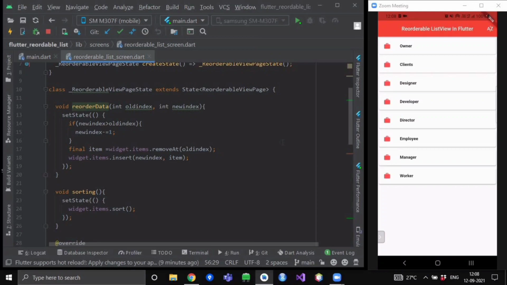After this, we will remove the item from our list from its old position, and we will insert that item into our new position.